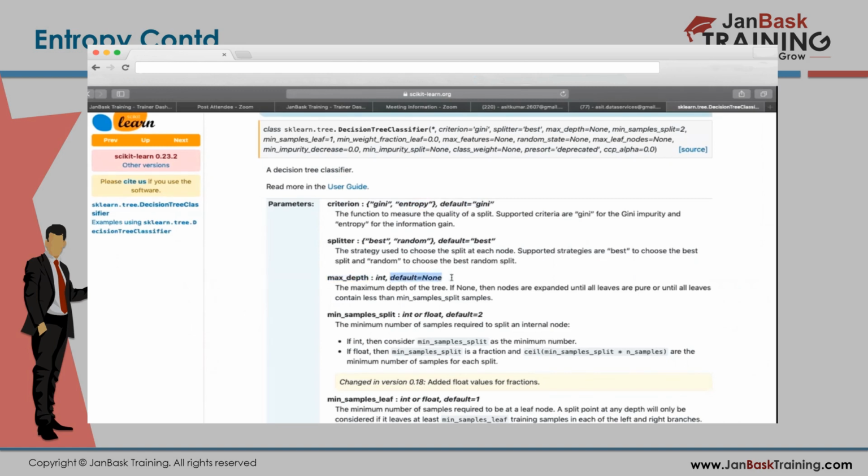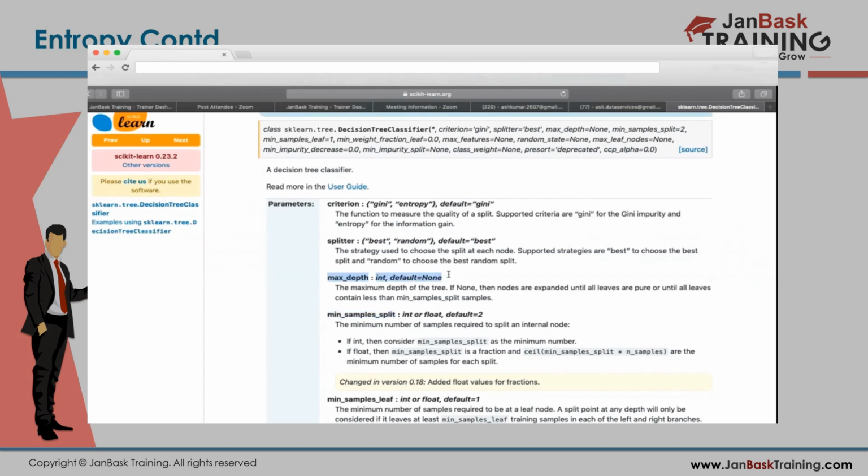That means it keeps on branching, it will go on to the end. But it's always advisable to specify a max depth so that your tree algorithm will stop there and you will get a result in quick time. There is also a minimum sample split. Normally it is 2, but you can change it. But here I just want to focus on the max depth.